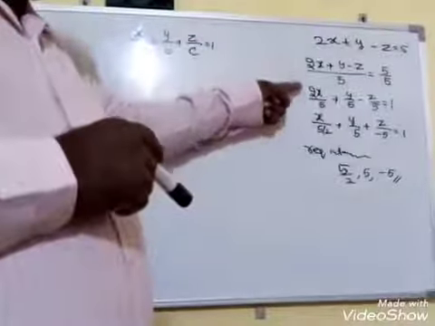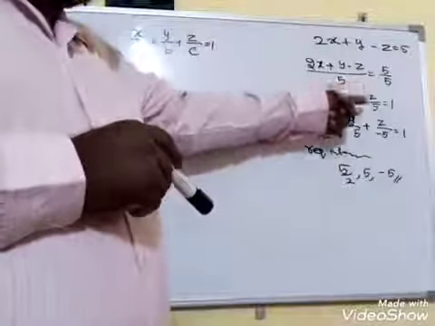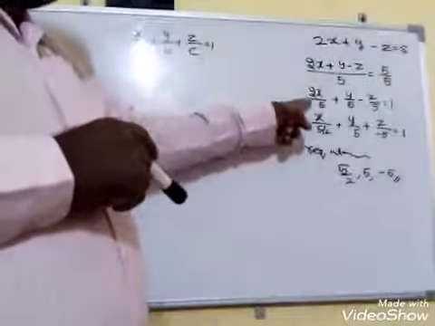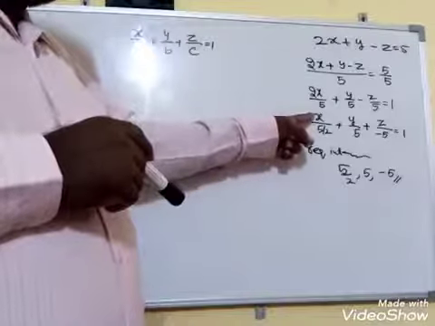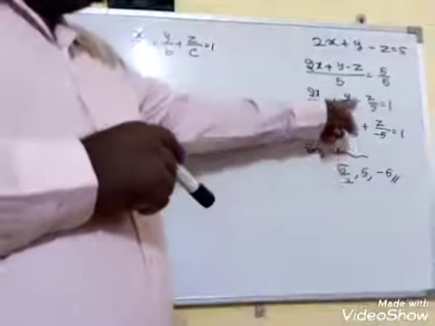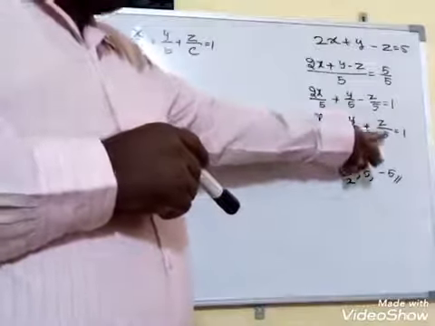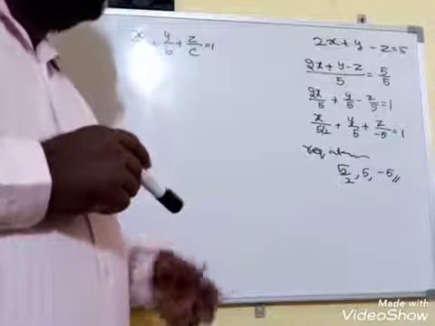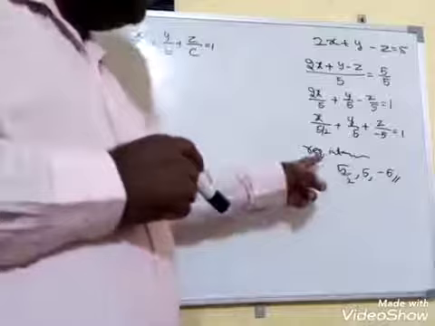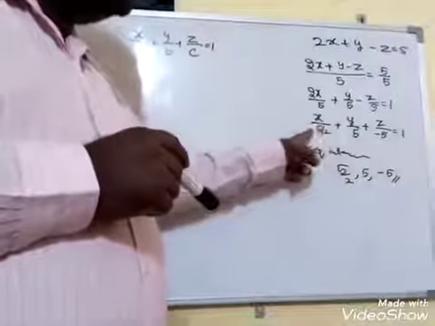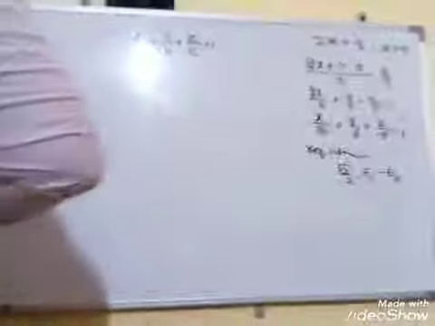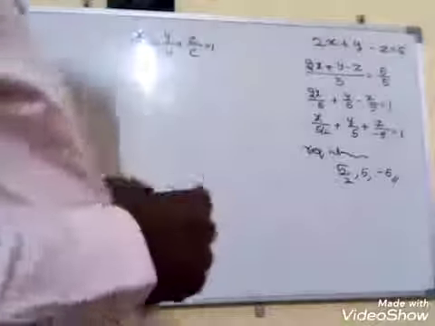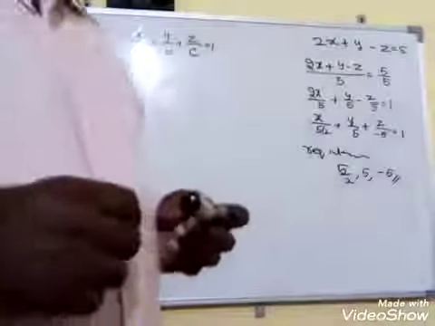Now, if you separate, you get 2x by 5 plus y by 5 minus z by 5 is equal to 1. But it should be in the form x by a, y by b, z by c, and here 2 is there. That's why, dividing both numerator and denominator, you get x by 5 by 2 plus y by 5 plus z by minus 5. A negative denominator means it meets the negative x-axis, negative y-axis or negative z-axis. This is equal to 1. Finally, it becomes the intercept form. Now, what is the x intercept? 5 by 2. The y intercept is 5 and the z intercept is minus 5. This is the equation of the plane in intercept form.